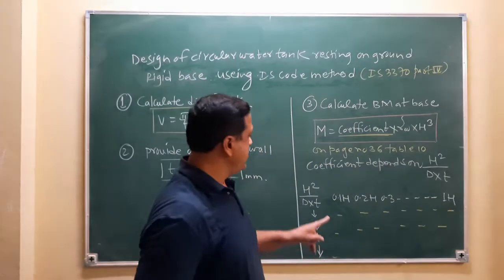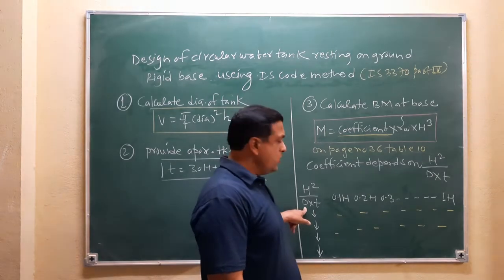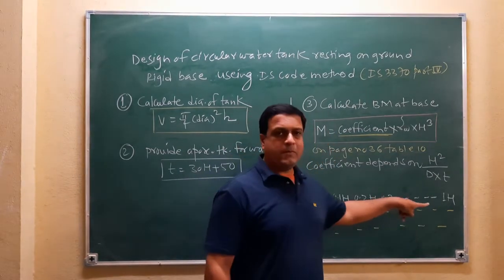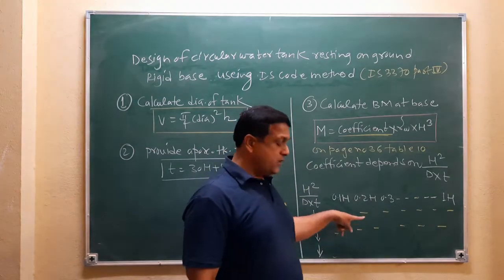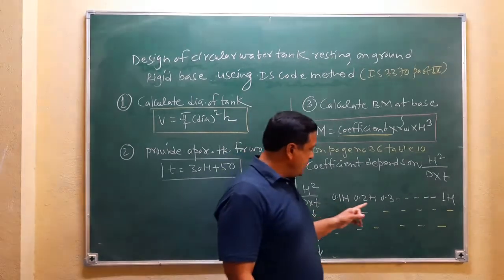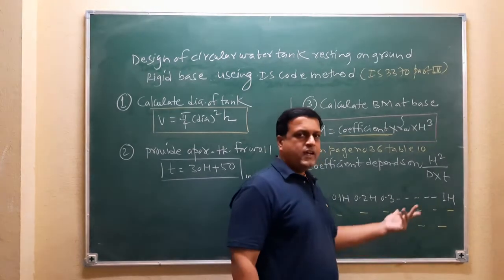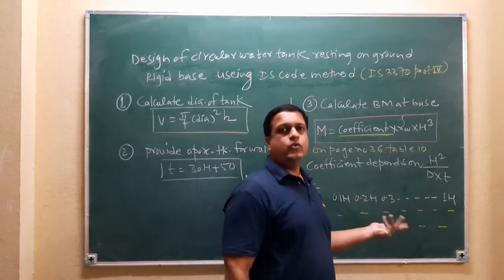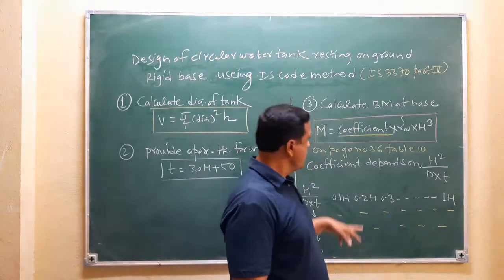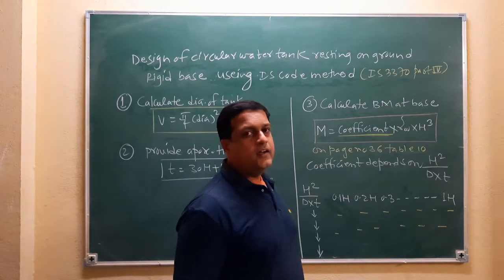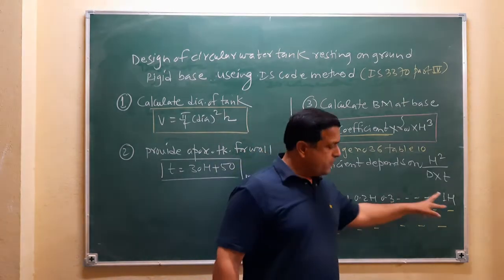You have to first find out the h square upon d into t ratio and pick up the maximum coefficient from this table, whether it occurs at 0.2h, 0.3h, 1h, at any h. You have to take the maximum coefficient, put it in this formula and find out the bending moment without considering the